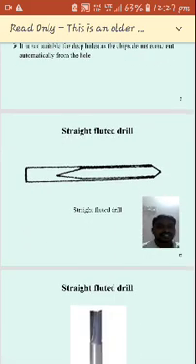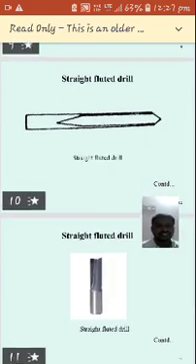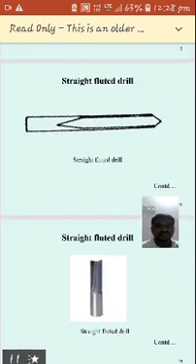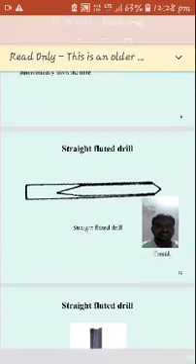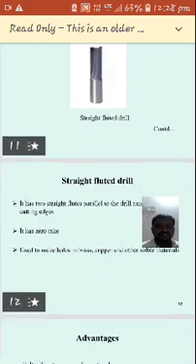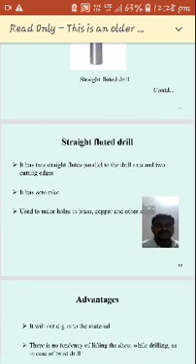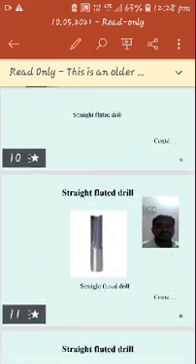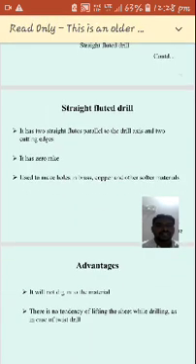Another type of drill is the straight fluted drill, which we can see on the slide. The straight fluted drill has two straight flutes parallel to the drill axis and two cutting edges.